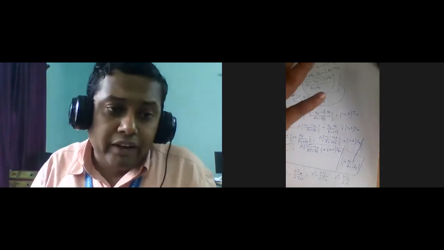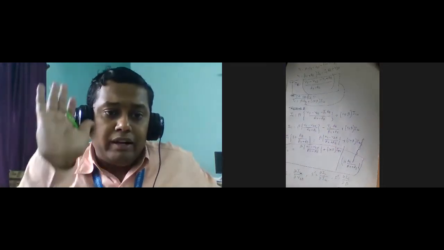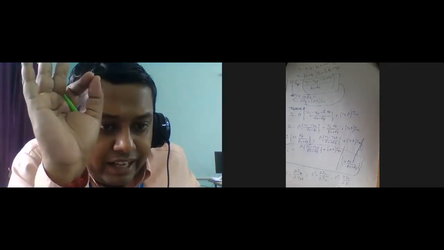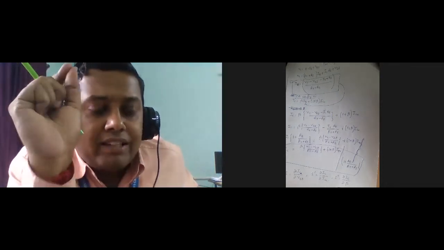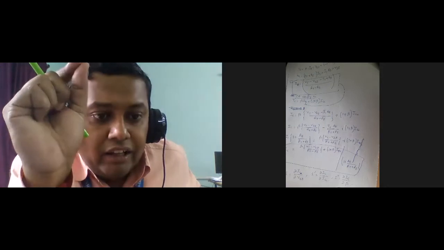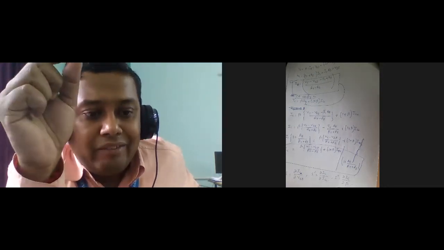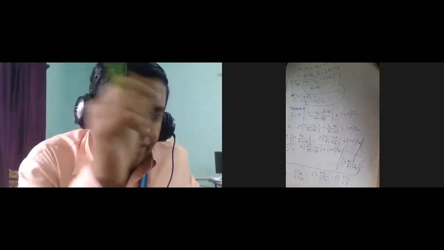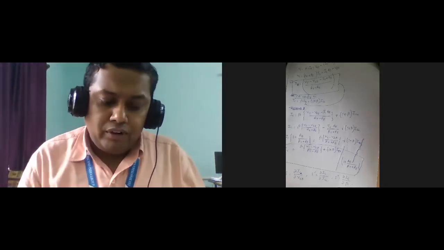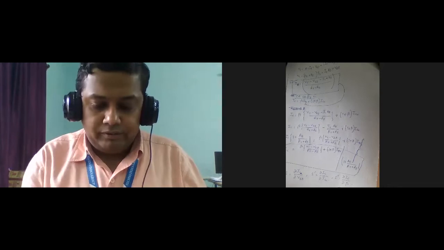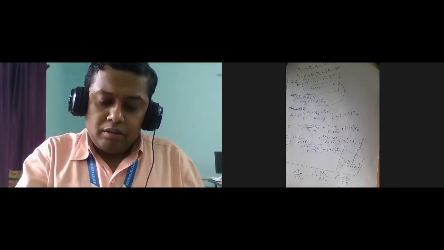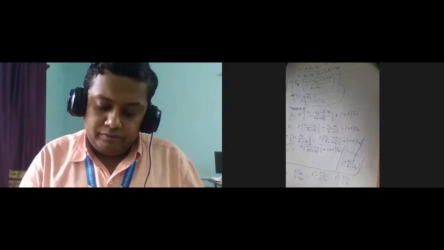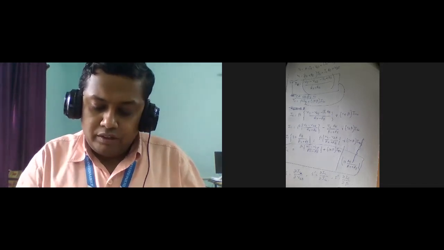So by this way, you can analyze any type of voltage divider circuit. When we face any type of voltage divider circuit, we will first draw the equivalent circuit, and after that, we will apply the KVL. On the basis of that, we can get the required output result. So now we will just focus on numerical problems.